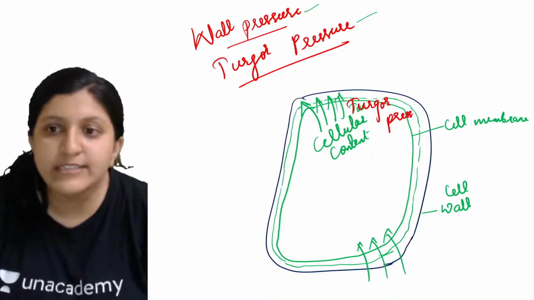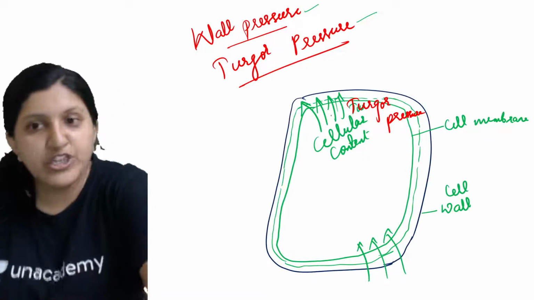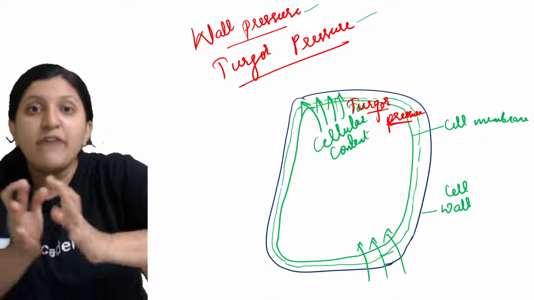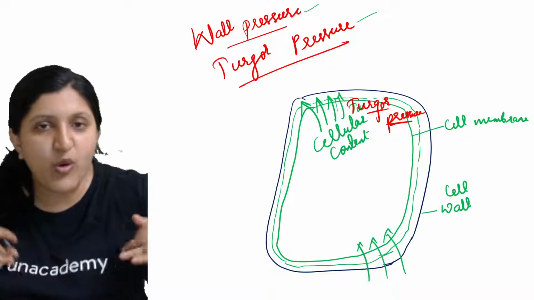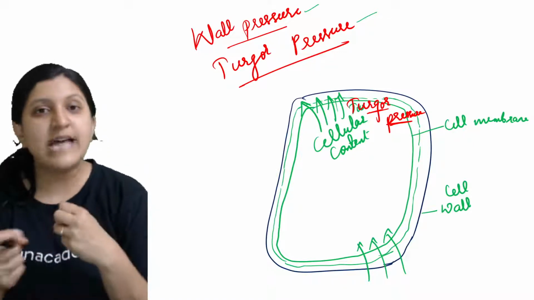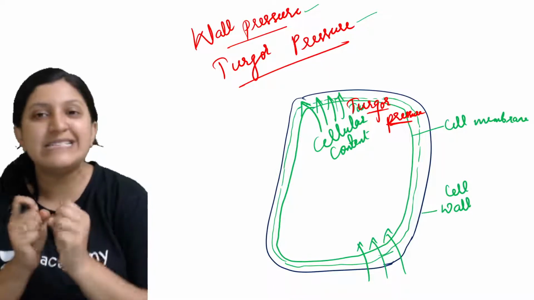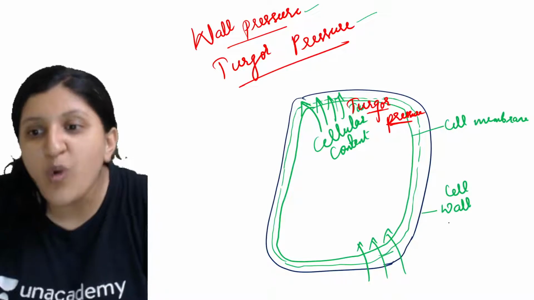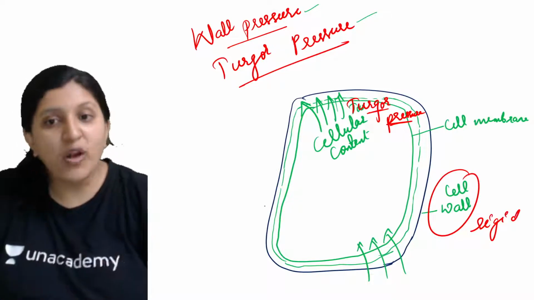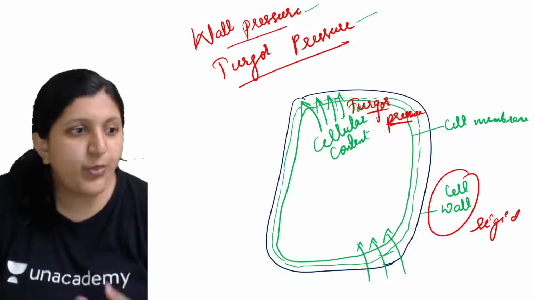So what exactly is turgor pressure here? The cellular content is putting up a pressure on the cell wall. So that we call the turgor pressure. Now, as the water keeps on moving inside, there is a chance that, if the wall is not putting up a pressure, the cell will burst open. As you all know, the cell wall is already rigid, so this wall will also put up a pressure, in order to prevent osmosis.